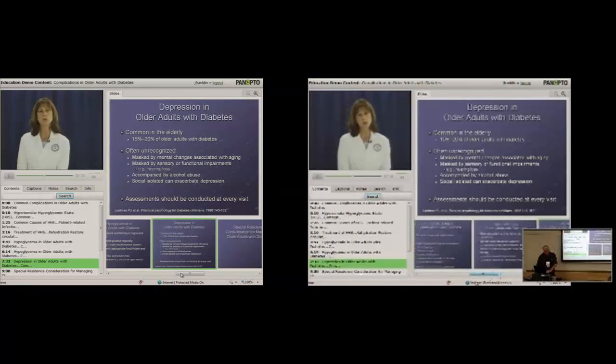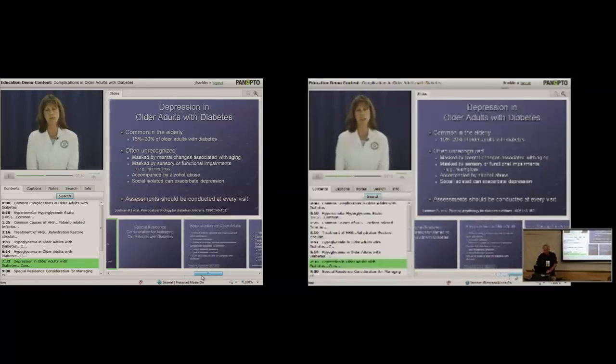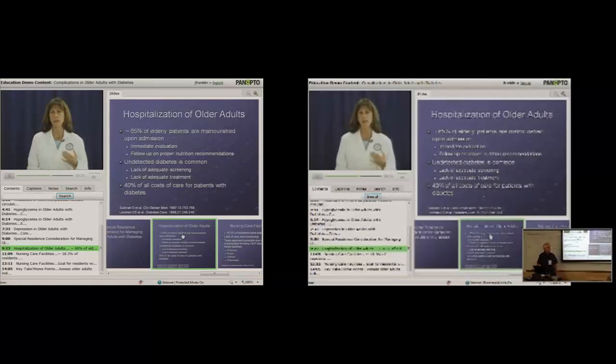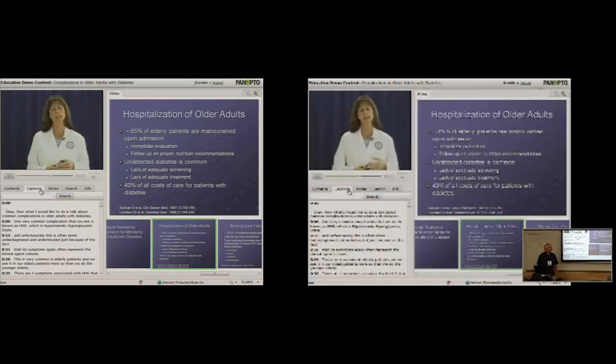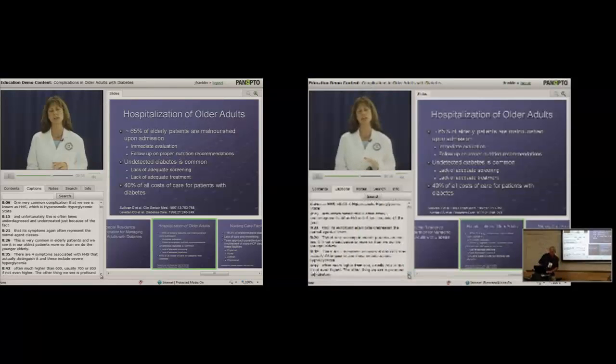So this index here, I can go ahead and say, I didn't quite understand that hospitalization of older adults. So I can go ahead and click on that index. And this is generated automatically by the Panopto system. If it's closed captioned, there's the closed captioning. Okay? And this synchronizes with the